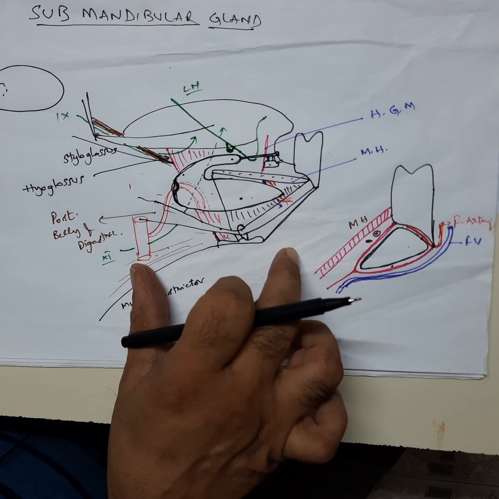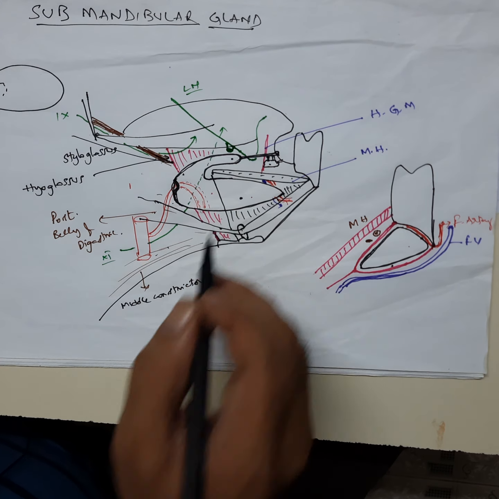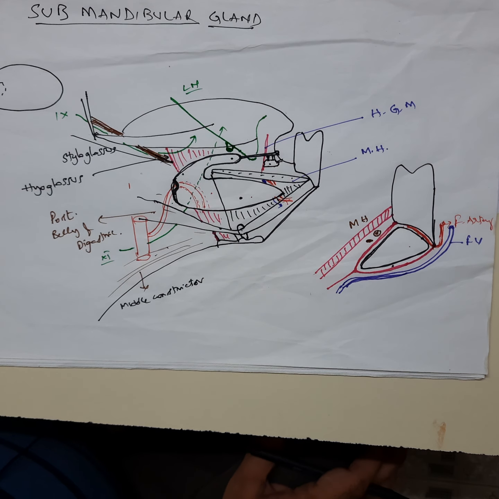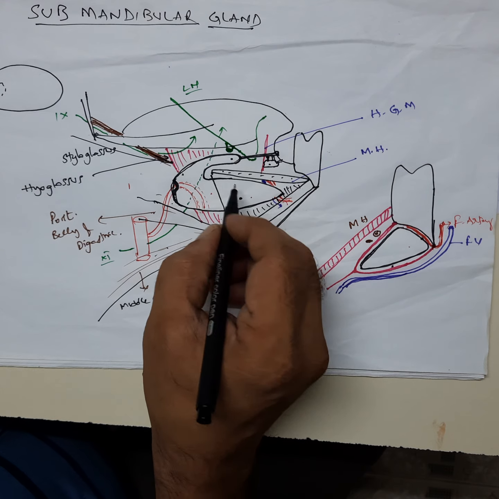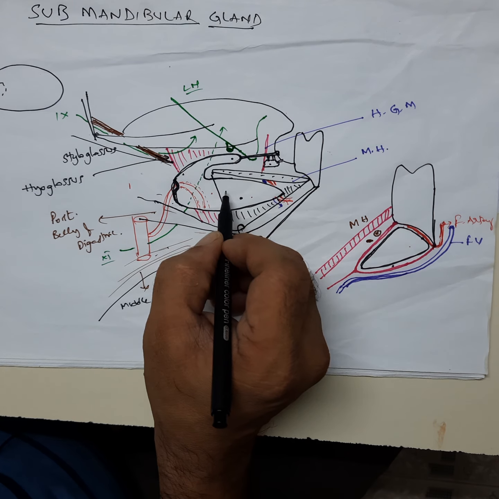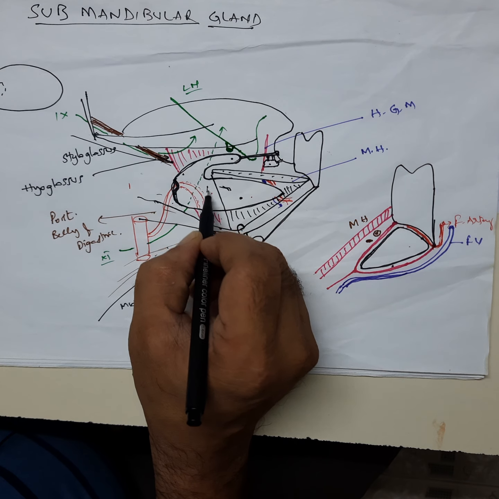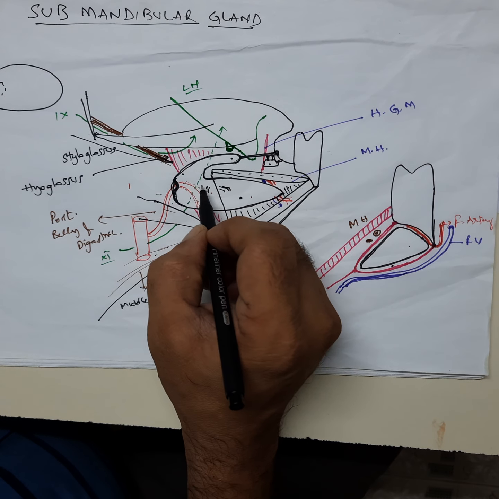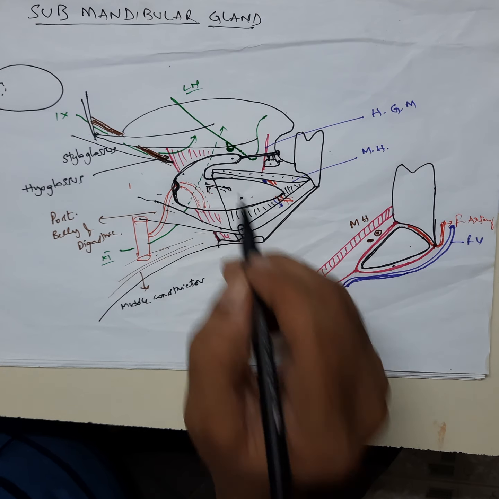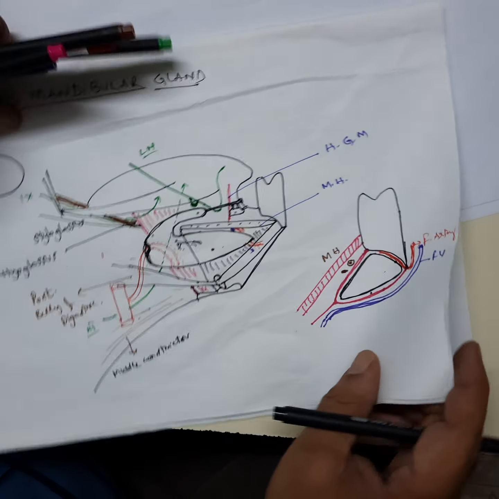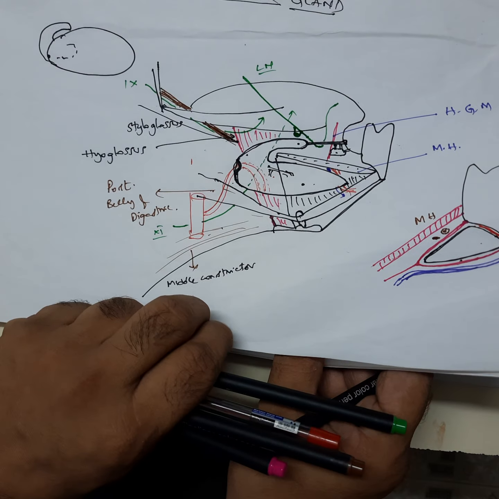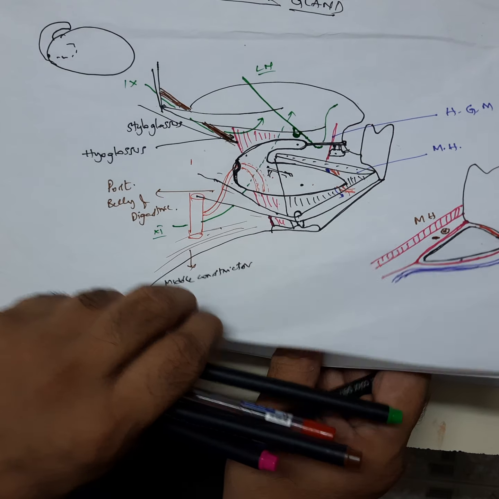Coming to its secretions, it is a mixed gland, but predominantly serous secretion is there. So, all these secretions are collected by intercalated ducts and then collecting ducts. All these ducts form a few ducts here, then they all open into a common duct which runs through the deep part. I will show you in another diagram. You can see this diagram once.